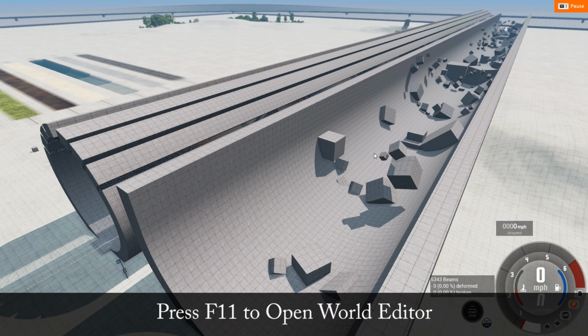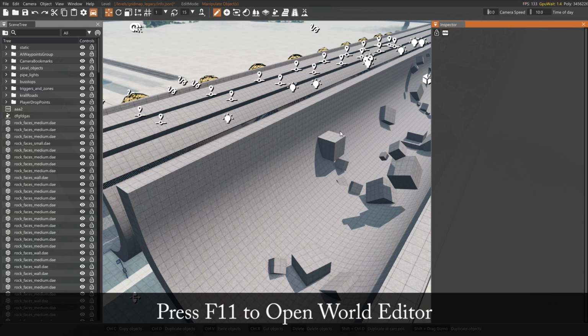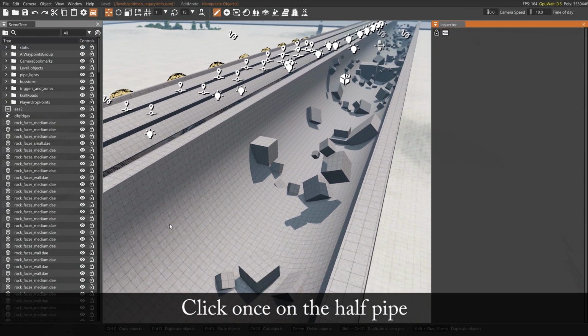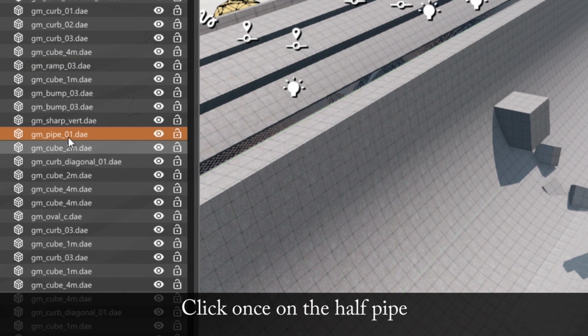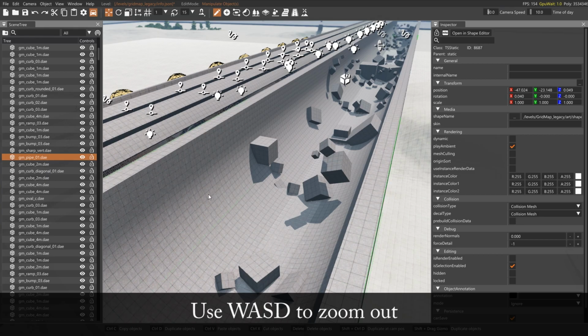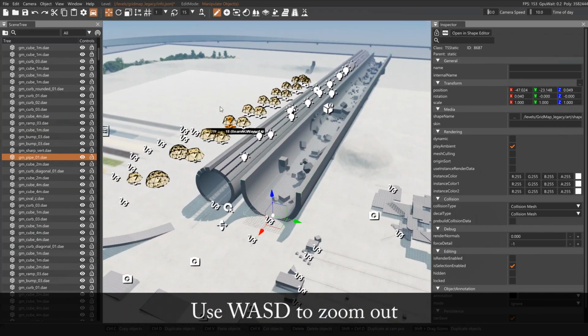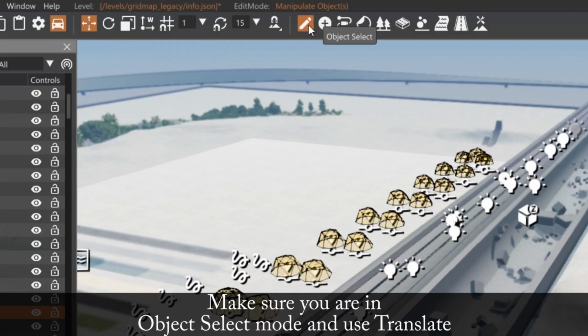After it's paused, you want to press F11 to open the world editor, and you're going to click one time on the half pipe, and you should see it highlighted over on the left-hand side. Now, once that's done, you're going to use WASD and zoom out a little bit. And then what we want to do is make sure that we are in the object select mode, and we